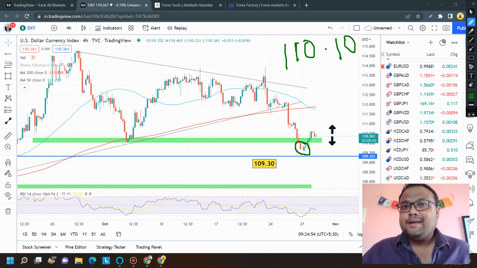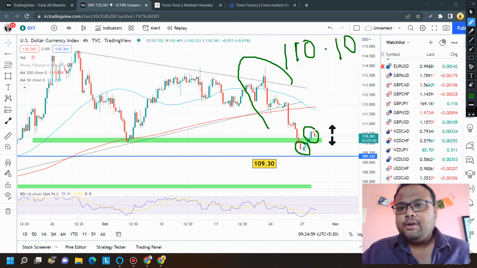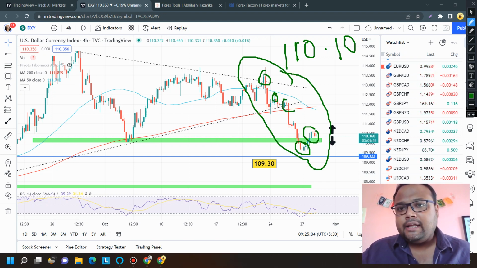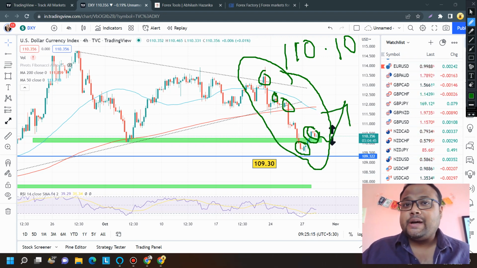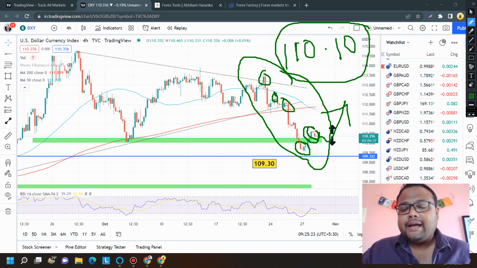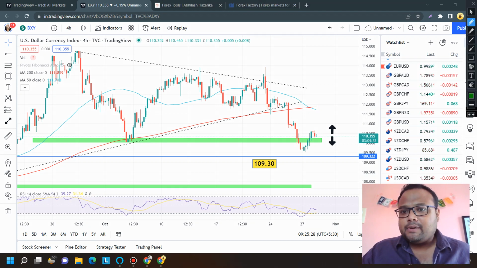110.20 level. So this place on DXY will be very important, because if we look at this particular portion of the chart, we can see the market is constantly forming lower highs. So this can be a lower high or this can be a complete recovery for DXY again. So this place will be very crucial for DXY. So whether DXY respects it as a support and bounces, or whether DXY just breaks this particular level and goes towards